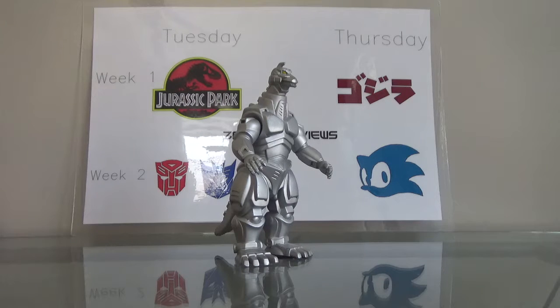The SH Monsters figures weren't out when these guys were released, so what are you gonna do? So that's it for the paint. It's not the best. It could be a lot better, but I still like the paint either way, so the paint gets a pass. Articulation, there's not much on this figure, but it's a lot more excusable than the limited